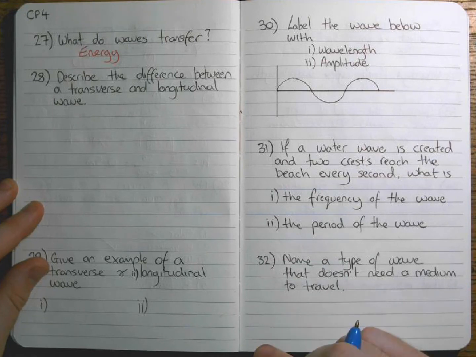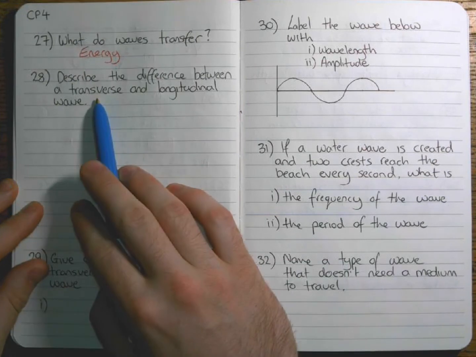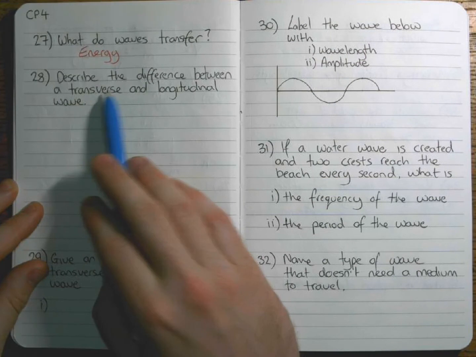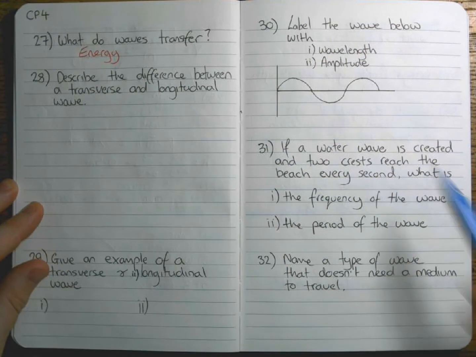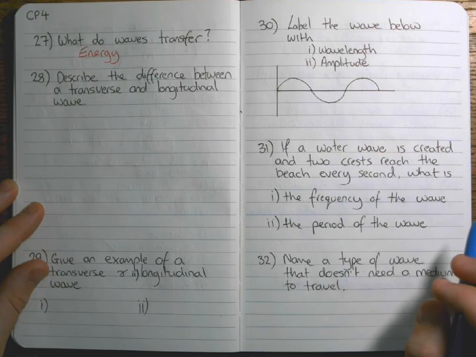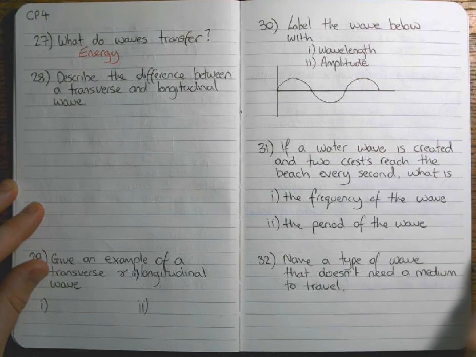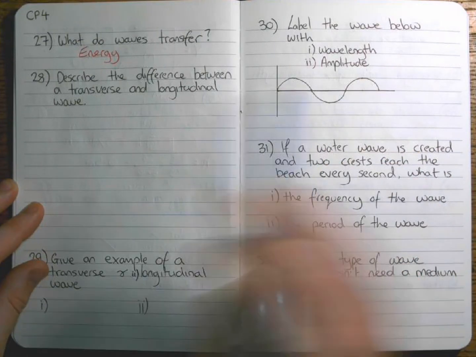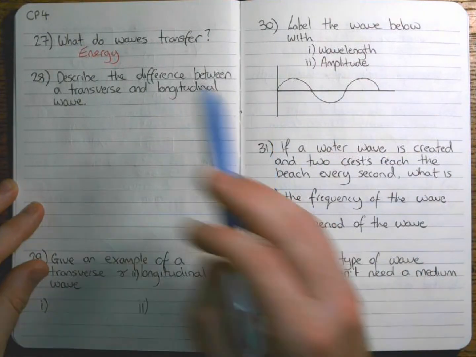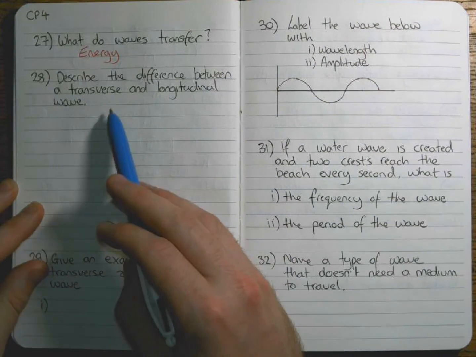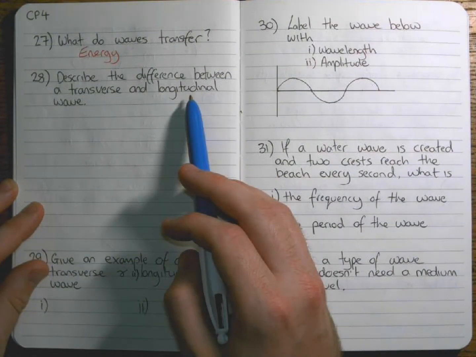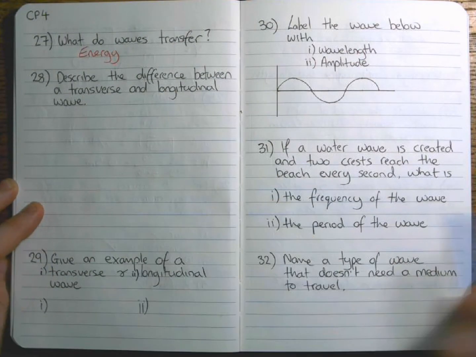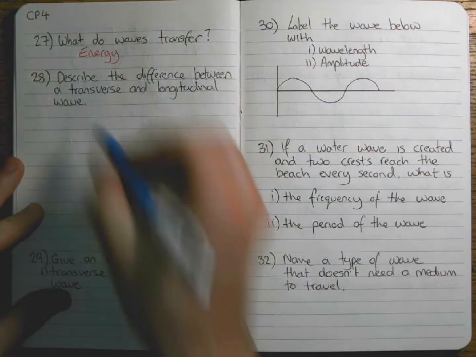The two types of waves that we have to be able to describe are transverse and longitudinal. So although there are lots of types of wave that we can name, like light, sound, any part of the electromagnetic spectrum, water waves, we can categorize these into two categories. Waves that are transverse and waves that are longitudinal. So what's the difference between them? Well, let's start with